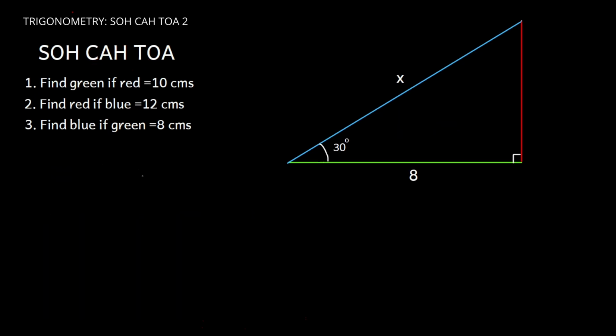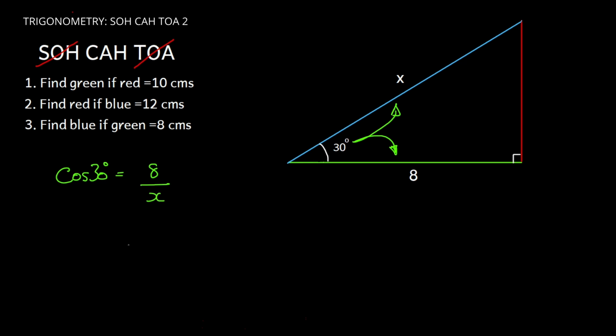Okay, it's saying find blue if green is 8. Now, if we look out again from the angle, we've got an adjacent and we've got a hypotenuse. We're not interested in the opposite. So anything with opposite, we can get rid of. So this is going to be a relationship involving cos. And SOHCAHTOA tells us that the cosine of an angle is equal to the adjacent divided by the hypotenuse. So I can write that cos 30 degrees is equal to the adjacent, which is 8, divided by the hypotenuse,